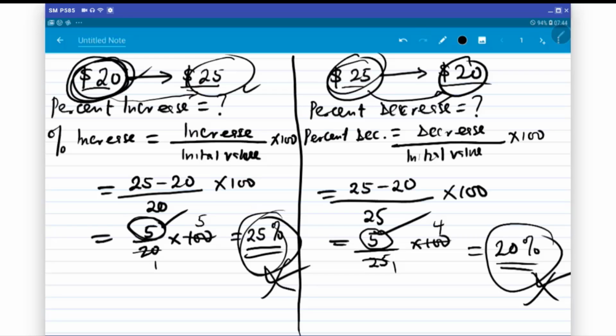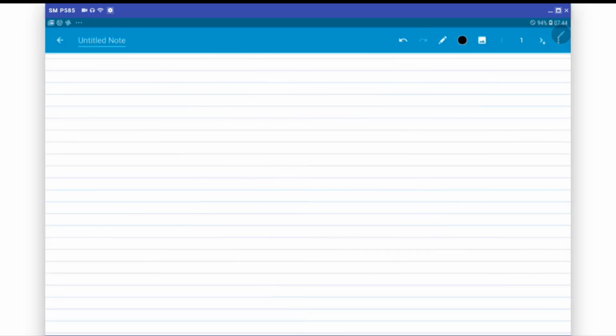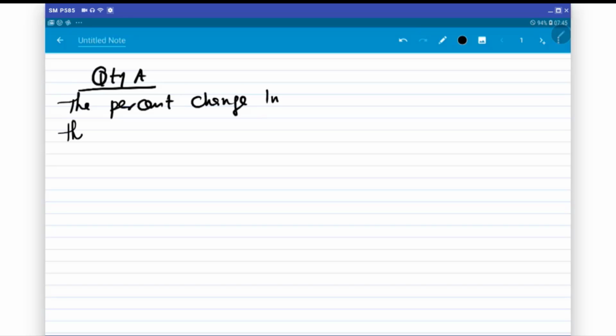So it is very important you try to check what the percent change will be. The fact that you have equal change does not mean you are going to have the same percent change. So what I'm trying to say is, for instance, you see a question that says quantity A, the percent change in the price of a car